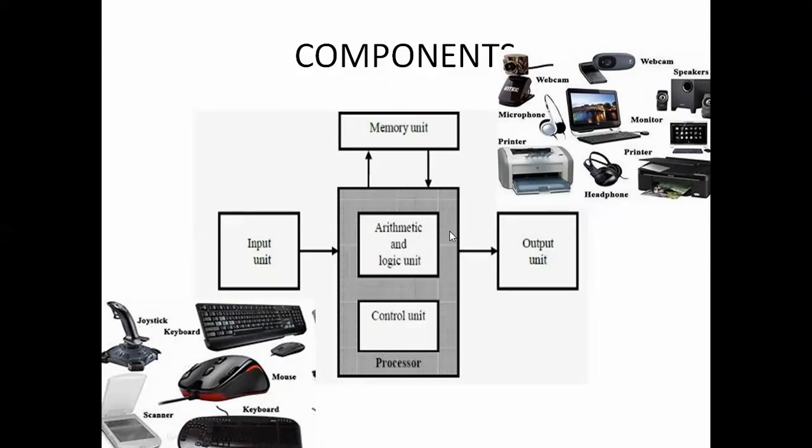This is the symbol of the arithmetical and logical unit. So here ALU has two integer inputs and one integer output. Other than that, we have the status flag and also opcode. We know what is meant by opcode. Opcode is nothing but operation code. It indicates the operation of the instruction, such as add, sub, mul, like that.